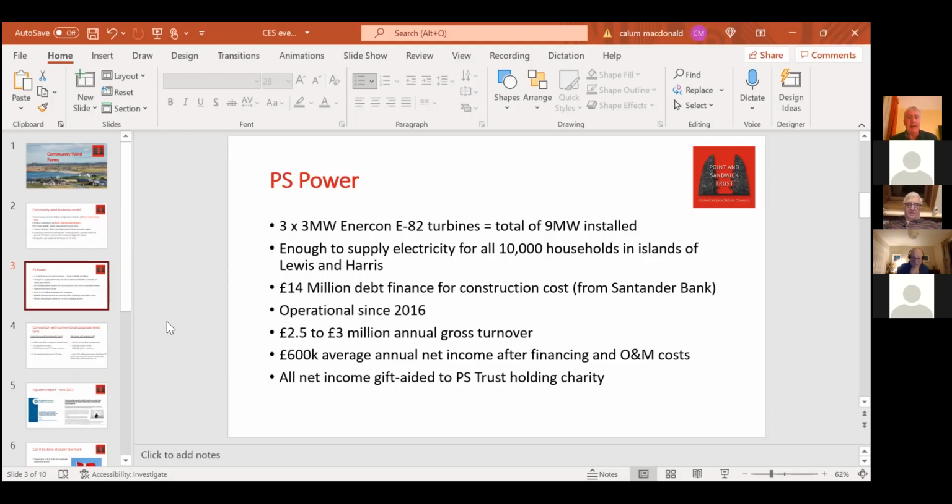The average annual net income from that 2.5 to 3 million, after you pay the operational costs, the maintenance costs, and the financing costs, repaying all the debt, for us has been 600,000 a year. So that will increase over time. As you pay down the debt, then the amount of income that you can get as profit increases, and eventually you pay off all the debt, and all the net income is profit. And all of that is gift aided to